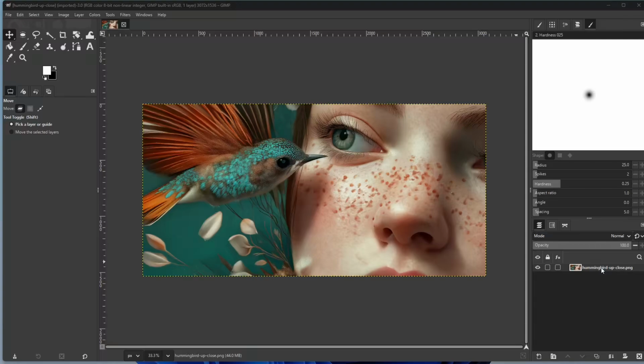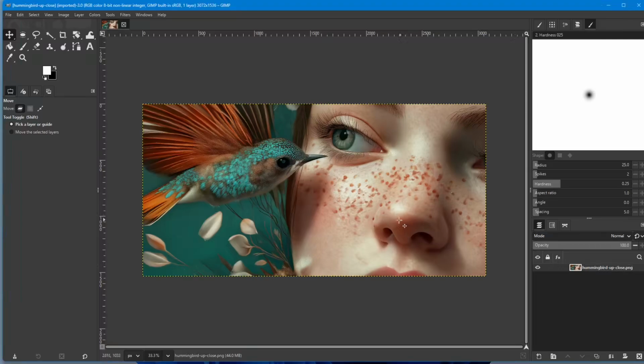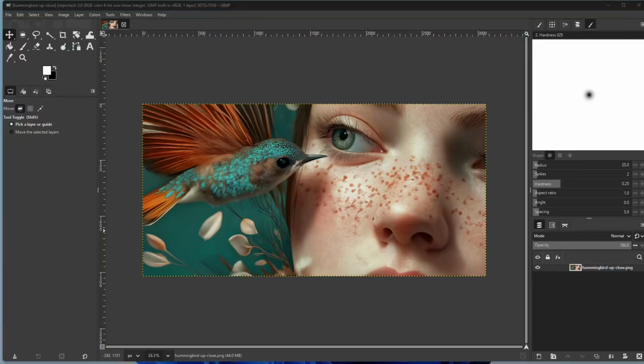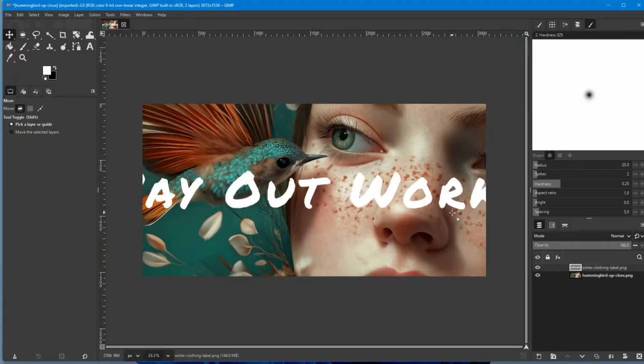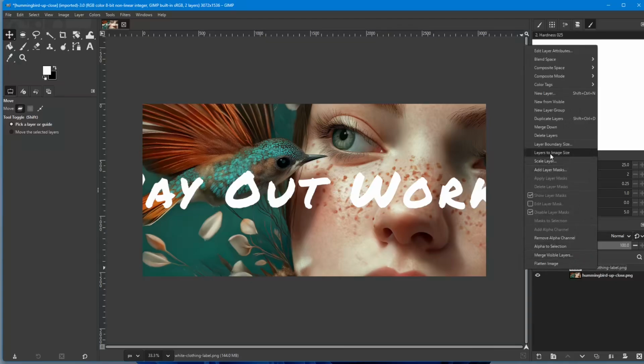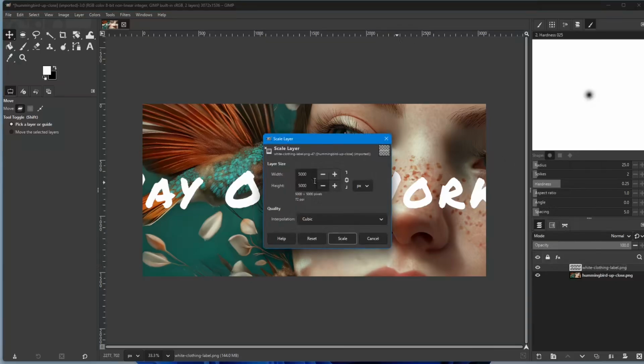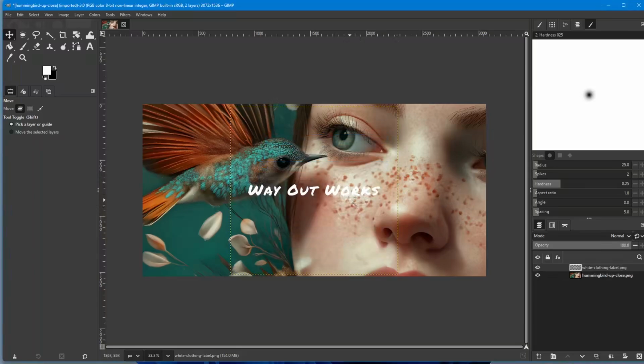All you have to do is open your photo in GIMP, and it'll be on its own layer like this one I have open, and then just drag in a copy of your logo in PNG form. Now this one is pretty good size, so I can scale this down. Let's take this down to about 1500. So we scale that down. So now we have